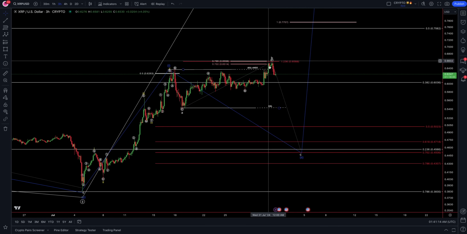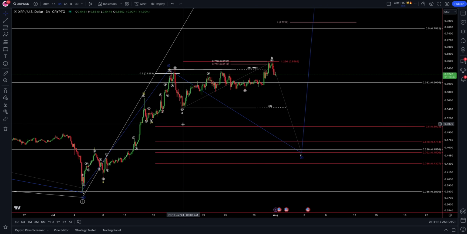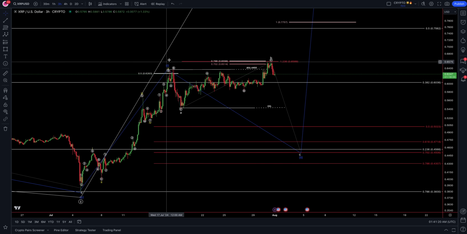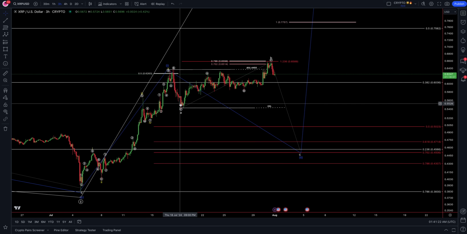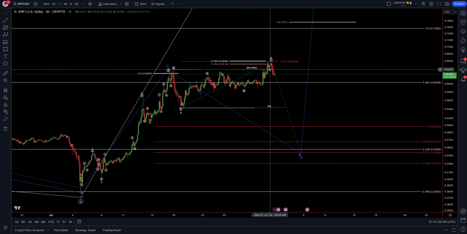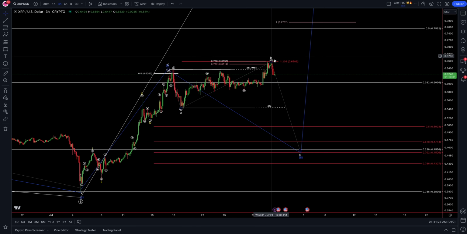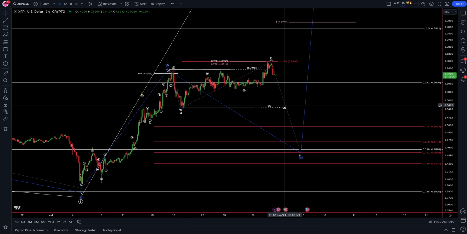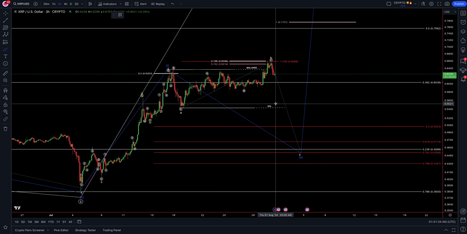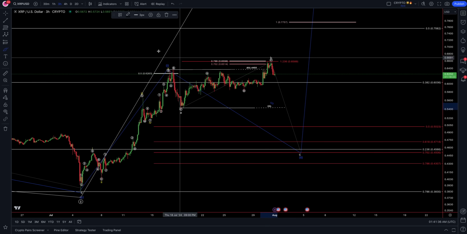Let's take a look at XRP over here. Like I said in my last video, this is a small Wyckoff distribution schematic. We have a 3-wave move down within your A, a 3-wave move up within your B, taking out your buy side and then having a market structure shift, which would likely propel the price towards the 54-cent region, towards your sell